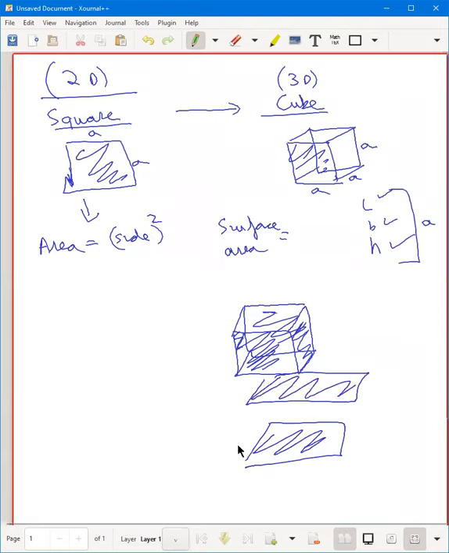So how many faces are there? Four? No, four is on the sides. What about the top and the bottom? Six are there. So a cube has 6 faces. And what is the area of each face? If I have the front face here, what is its area? A squared, if this is A. So what will become the surface area of the cube? It will become nothing but 6A squared, where A is the side, or 6 times side squared.